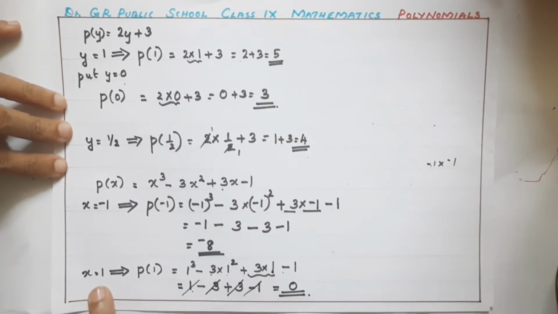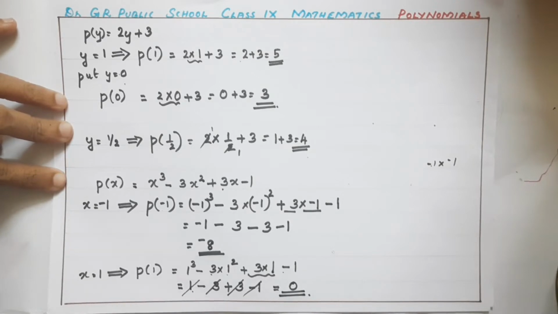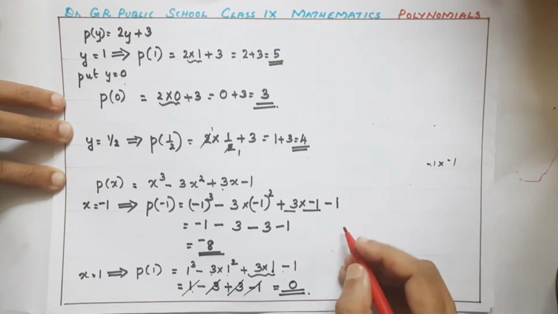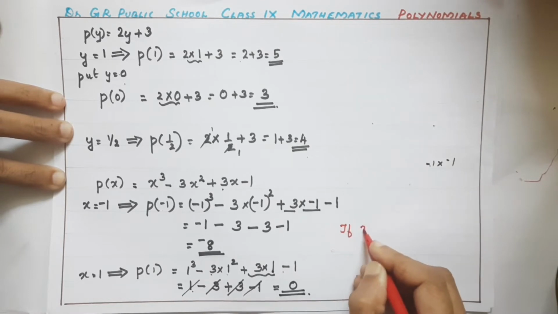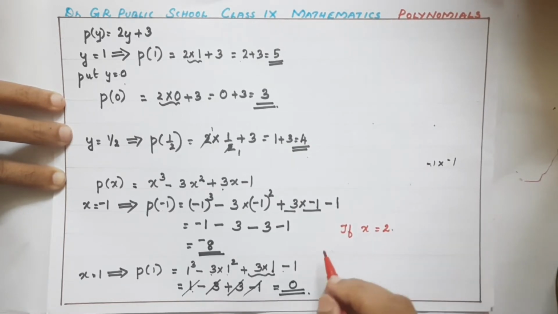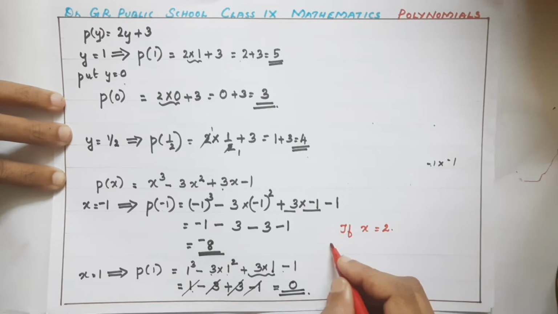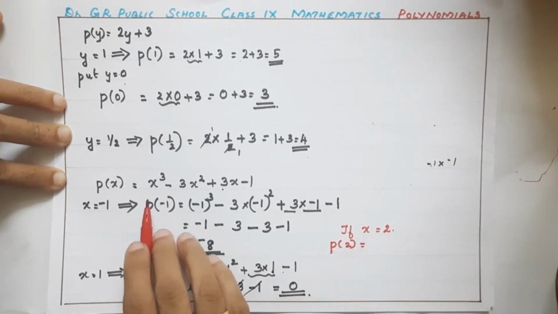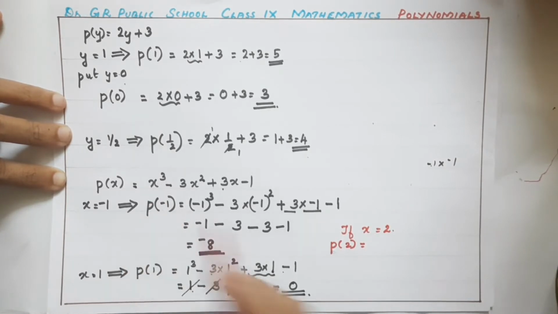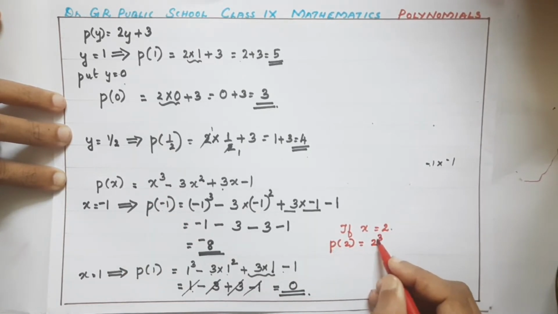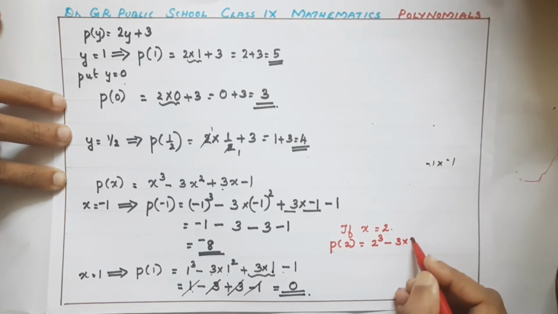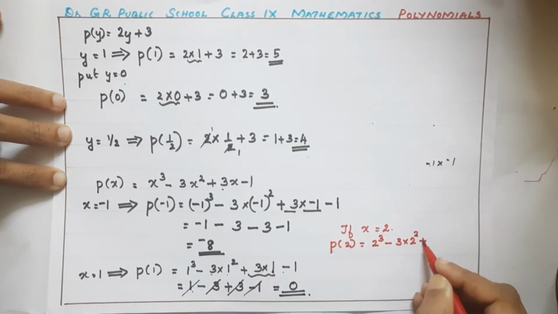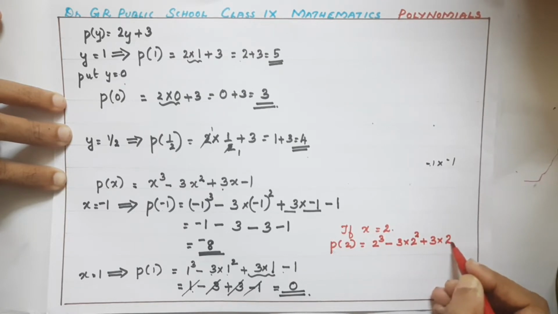Now if we want to put x equal to 2, what will happen? X equal to 2. So if x equal to 2, p of x can be written as p of 2. Okay. So what can be written here? 2 cube, isn't it? 2 cube minus 3 into 2 square plus 3 into 2 minus 1